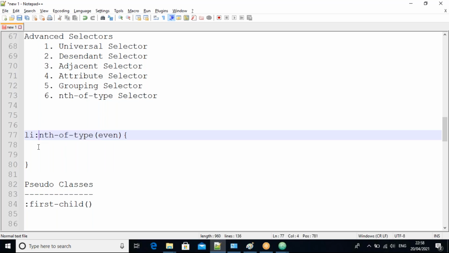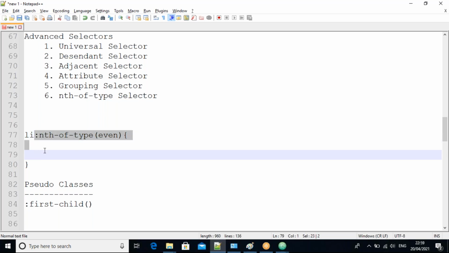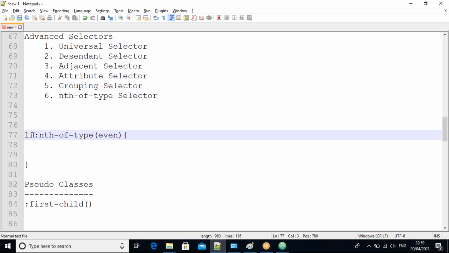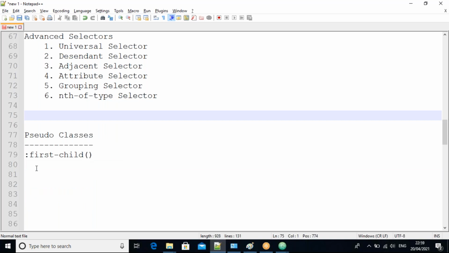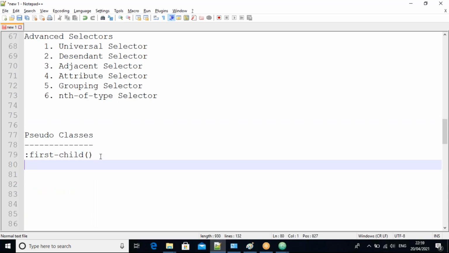All pseudo classes start with the colon. The format is tag name, colon, and pseudo class.